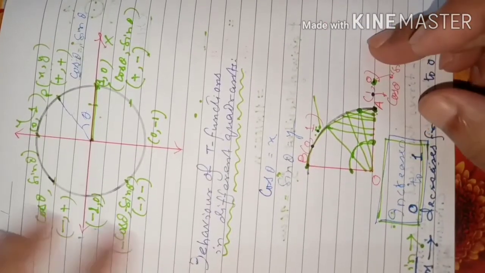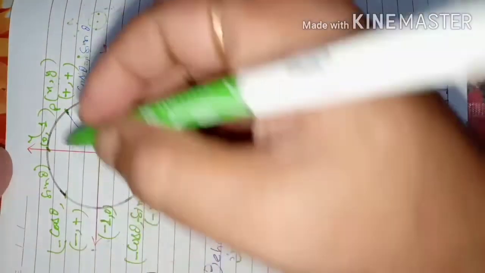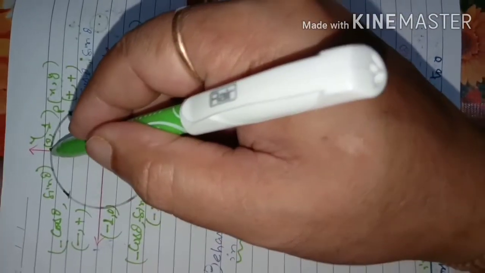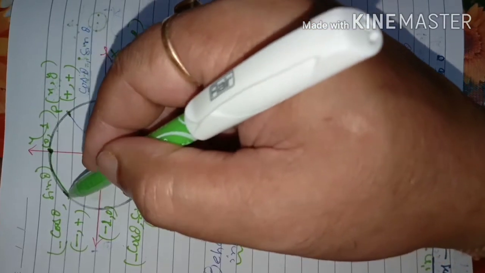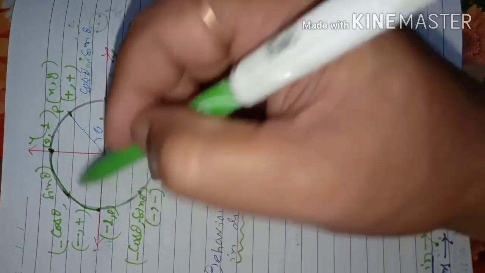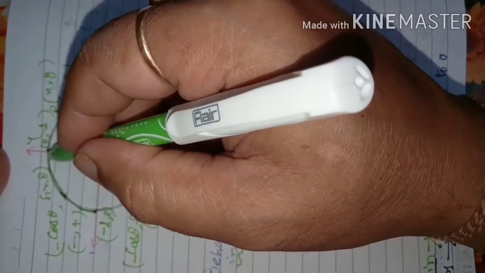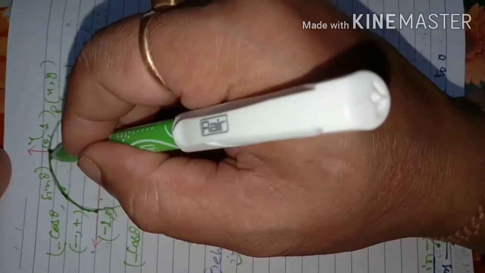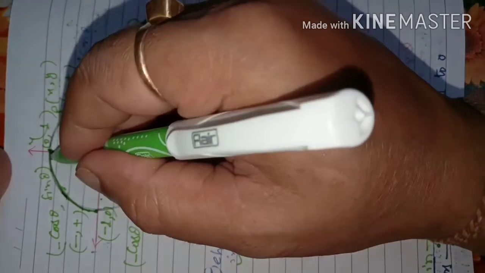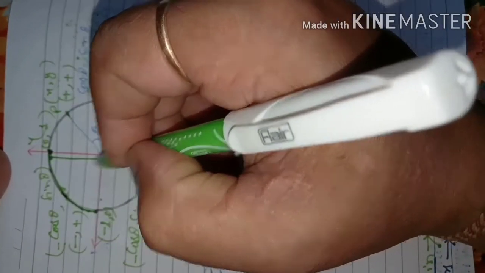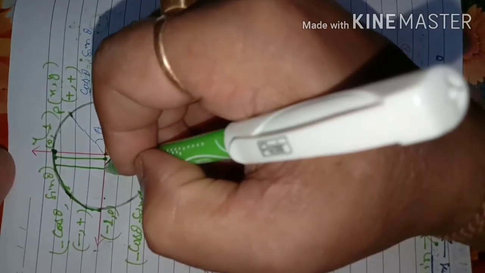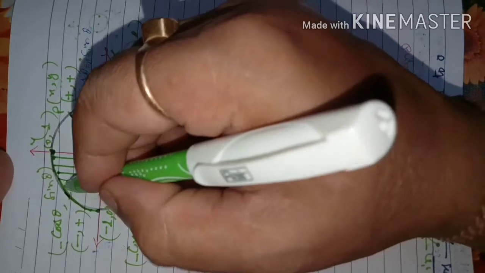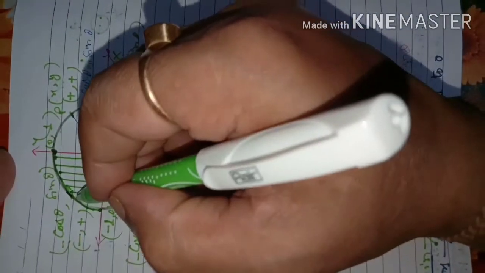Look at the second quadrant. Again, after this, the curve is going lower and lower towards the x-axis. So the height of these points from the x-axis is decreasing or not? Maximum it was 1. After that, it is less than 1. This line is again smaller than 1 unit, smaller than 1, and so on.